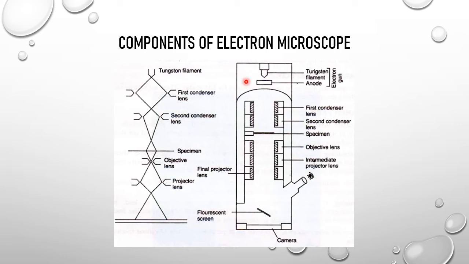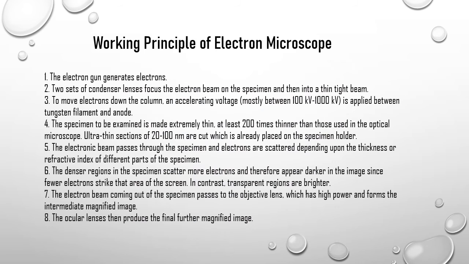All this setup of the electron microscope is placed under a high vacuum because electrons cannot travel at a greater distance in air. Working principle of the electron microscope: the electron gun generates electrons. Two sets of condenser lenses focus the electron beam on the specimen and then into a thin tight beam. To move electrons down the column, an accelerating voltage, mostly between 100 kV to 1000 kV, is applied between the tungsten